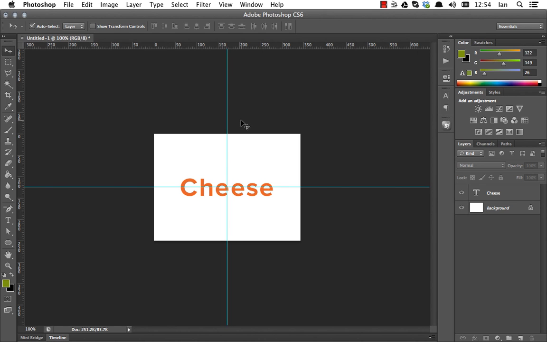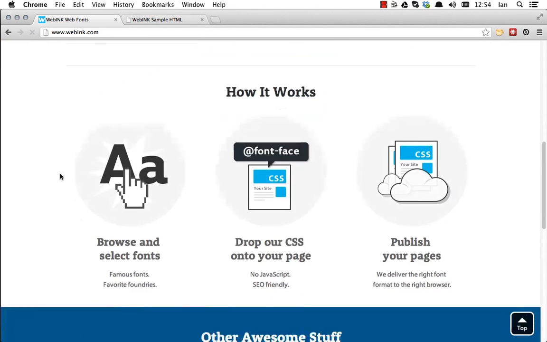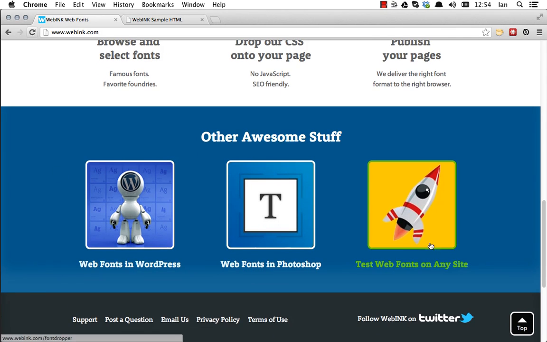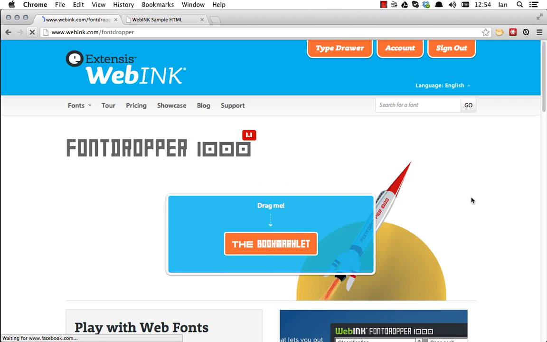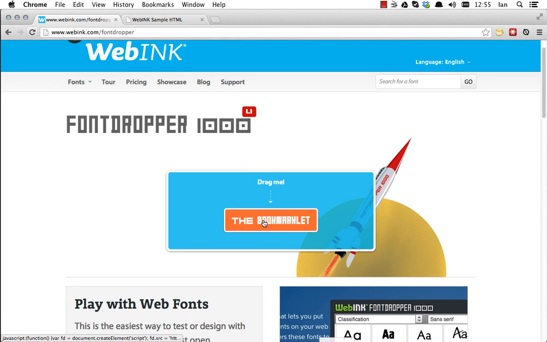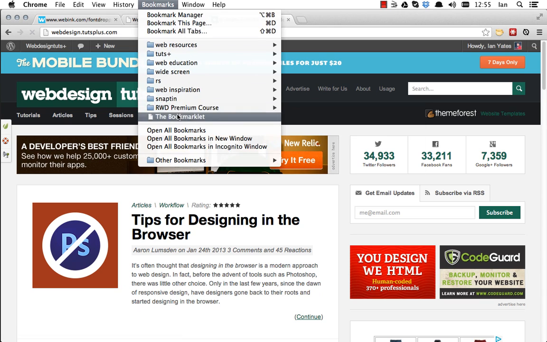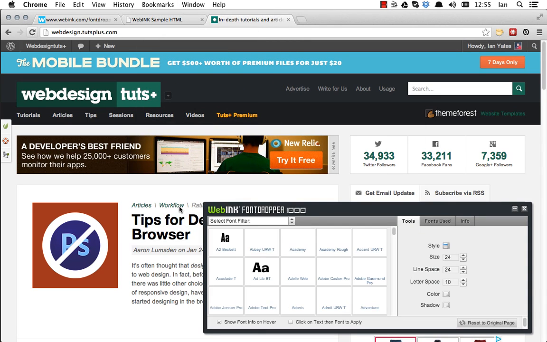One final last little trick that they have up the sleeve at WebINK is, here we go, test web fonts on any site. This is another little tool which you can play around with. I'm not sure it's entirely as useful as any of the other things that we've played with, but this is a bookmark which you drag into your bookmarks, and I'm going to now open Web Design Tuts and just show you that hitting this bookmark brings up a dialog,